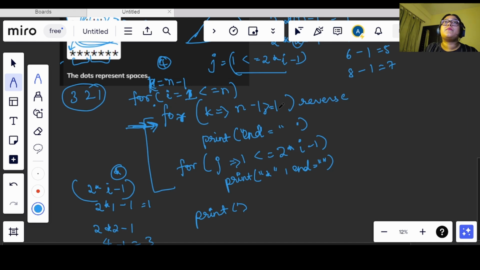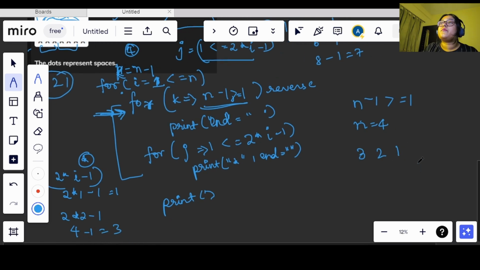Now we have been given here n minus 1 to greater than equals to 1. Let's say for the first case we have n is equals to 4, then it will go from 3 to 1. Now again, what is happening? If we are keeping it till 1 only, then every time it will print 3 spaces, right?